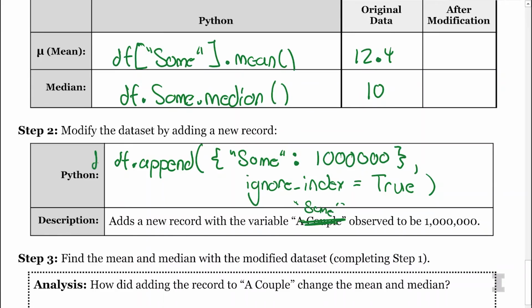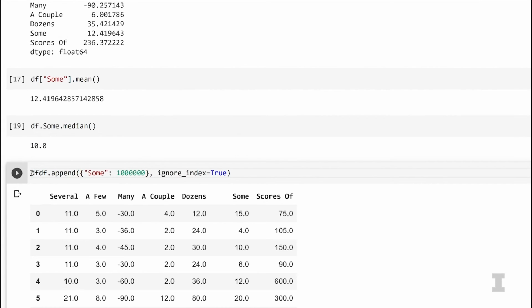Awesome. When we just wrote this line, df.append, we only did this temporarily, but we want to save this. So if you go back to that line and say df is equal to df.append, I want to save the fact that we've appended this to our data frame. So now we've got a new data frame that contains all of our old data plus that one new record. Got it.